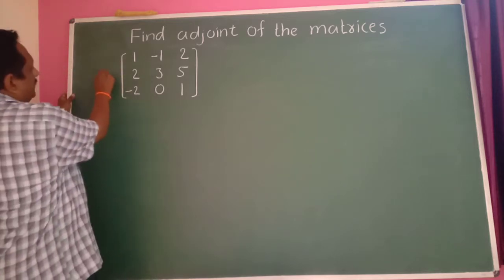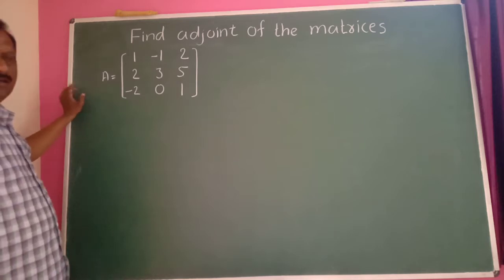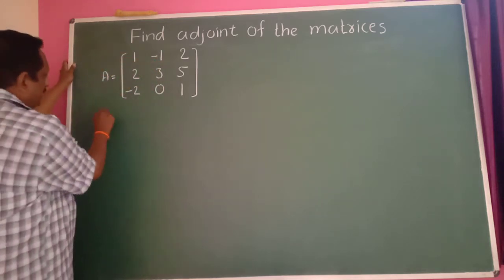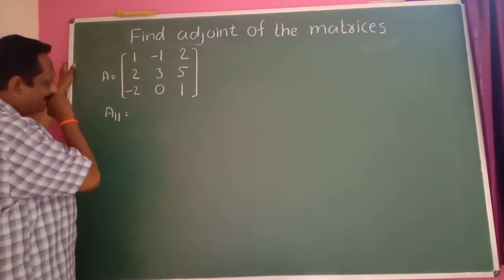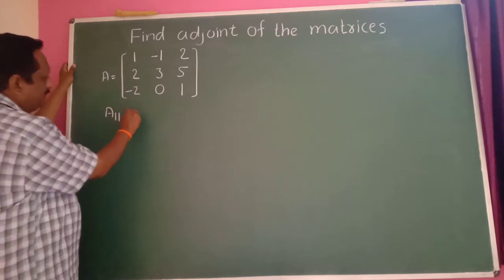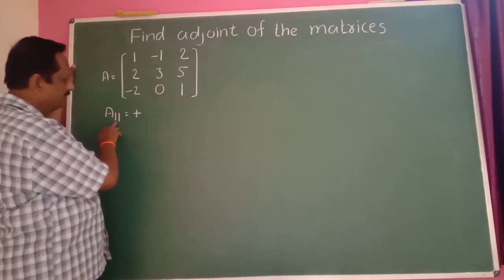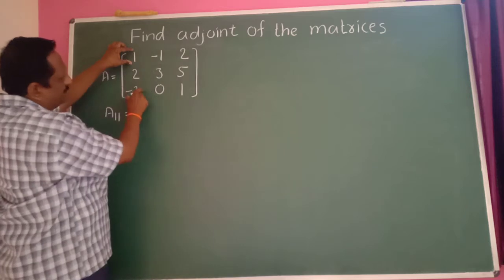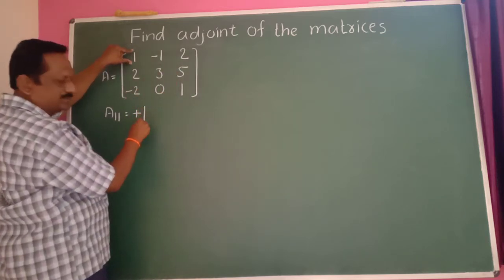Therefore, take the given matrix as A. Find the cofactor of each element here. Therefore, A11. Okay, 1 plus 1 is 2, an even number, take a plus sign. Then delete the first row and the first column. These are the remaining elements here. So write the determinant. This is important here.